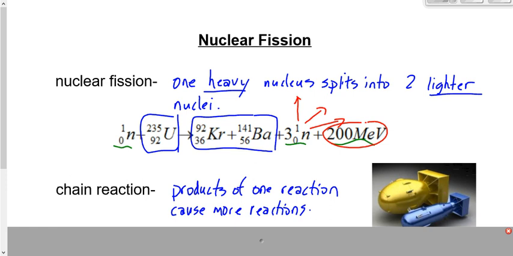The other aspect of it is that there's so much energy generated so quickly that in many cases it'll blow itself apart before these neutrons have a chance to bombard more uranium. That's what happened in the bomb that was dropped on Hiroshima in 1945. Do you know that the Americans used about 50 kilograms of uranium? That's it. About 50 kilograms of uranium in that bomb that blew up Hiroshima. Most of you weigh more than 50 kilograms. Maybe all of you weigh more than 50 kilograms.